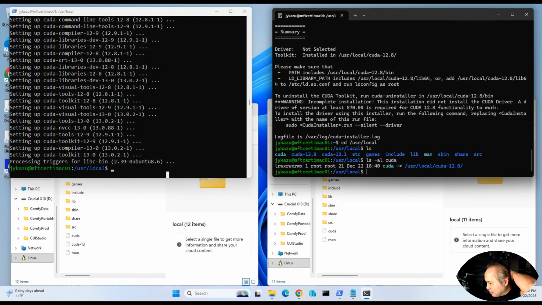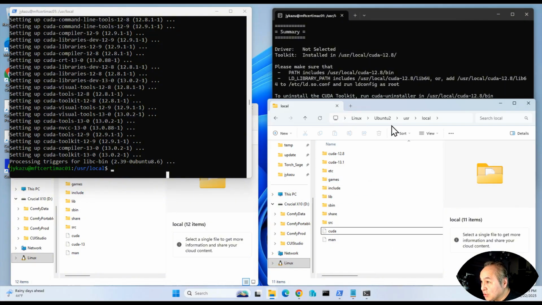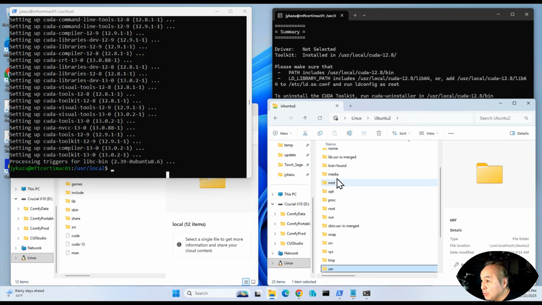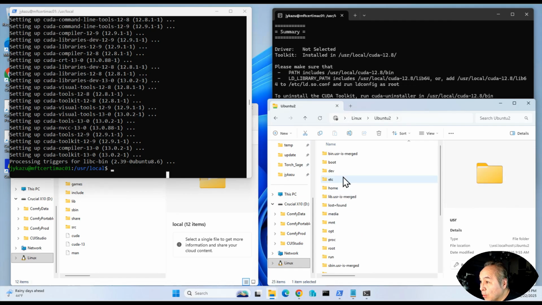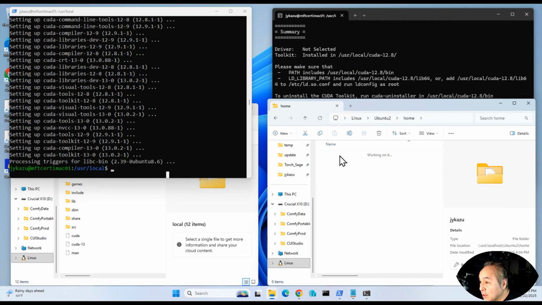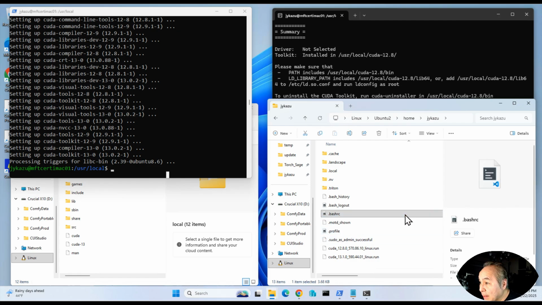So I know in an earlier video I talked about setting the CUDA home folder directly to the CUDA folder with the version number. But you could, if you have multiple versions of CUDA, or maybe you should, set it to the CUDA soft link instead. So if we go into home and your username and look at your bashrc file,